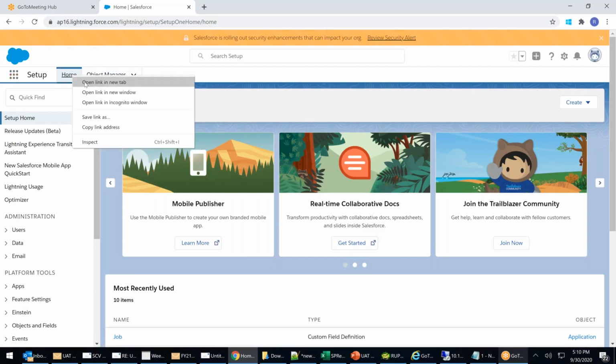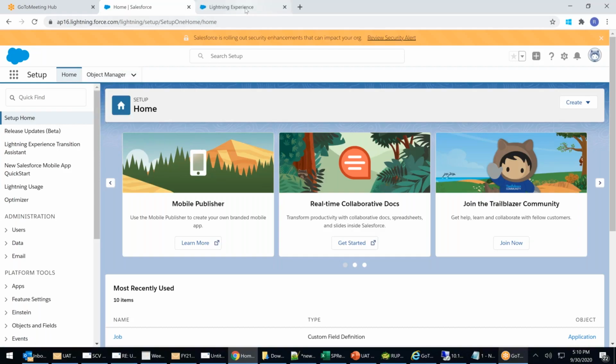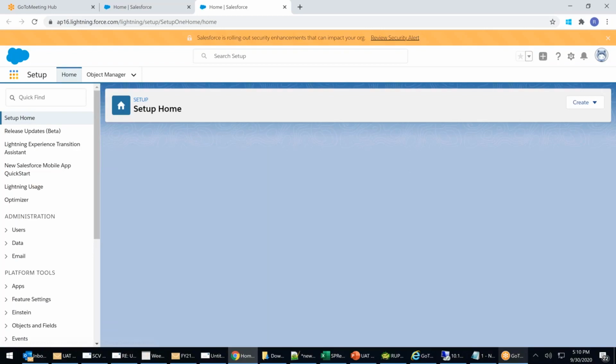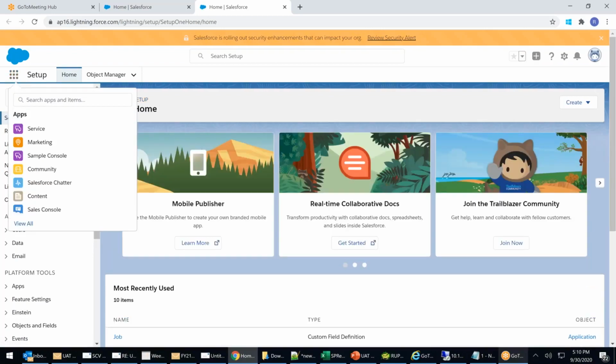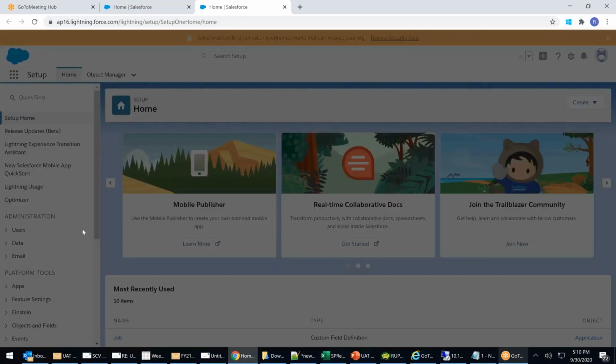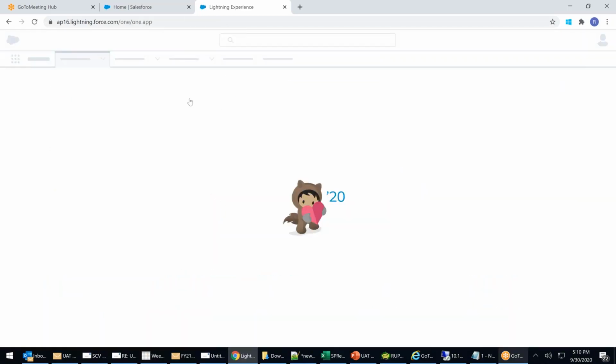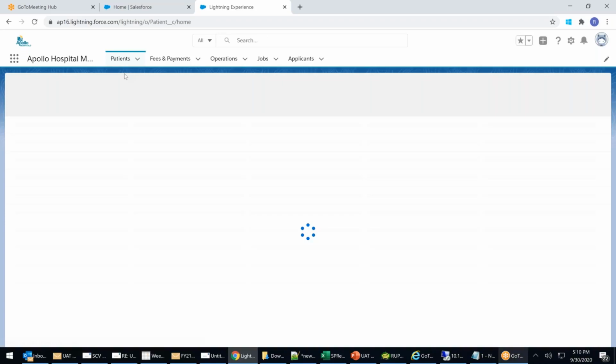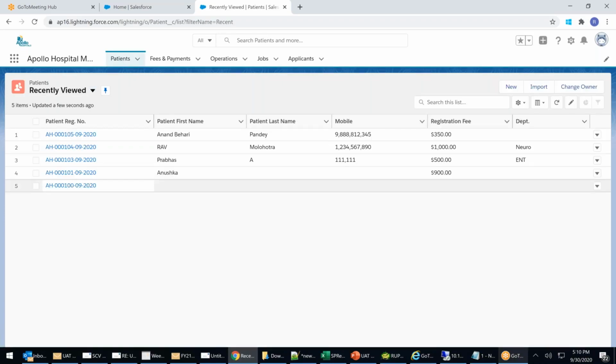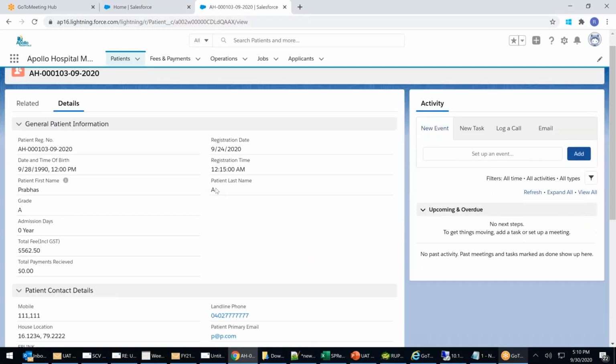I right click on my home, I create a new tab. That's my end user tab. The end user will click on App Manager. The end user will click on View All. He will click on Hospital Management. And let's go back to the patient table. In the patient table, there is a patient called Prabhas, whereas the Prabhas mobile number is now shown as